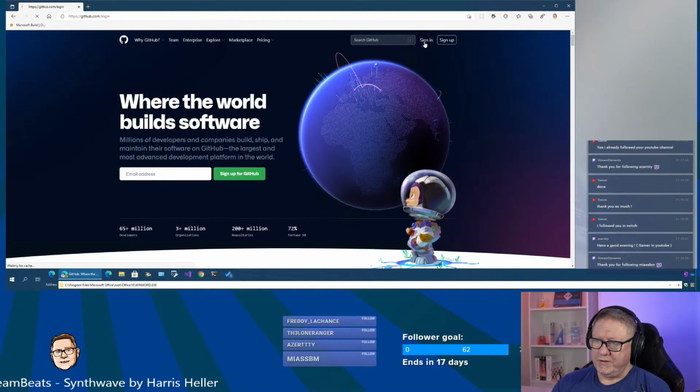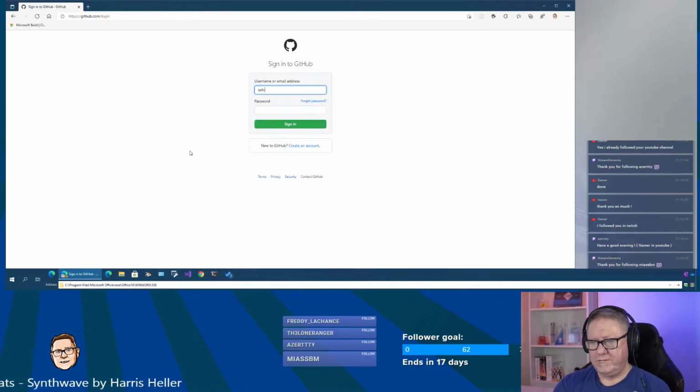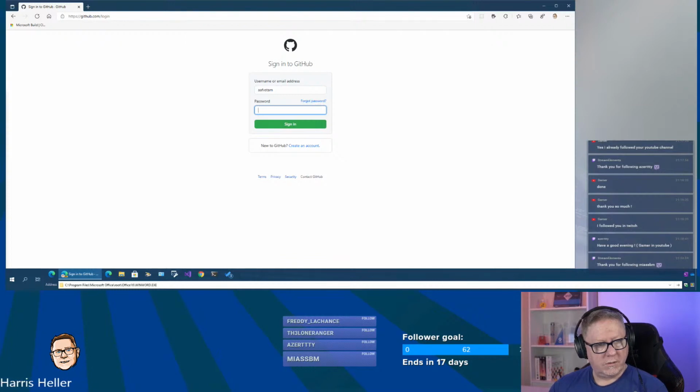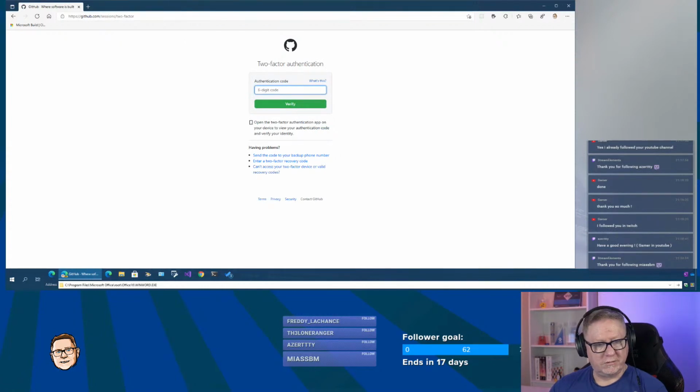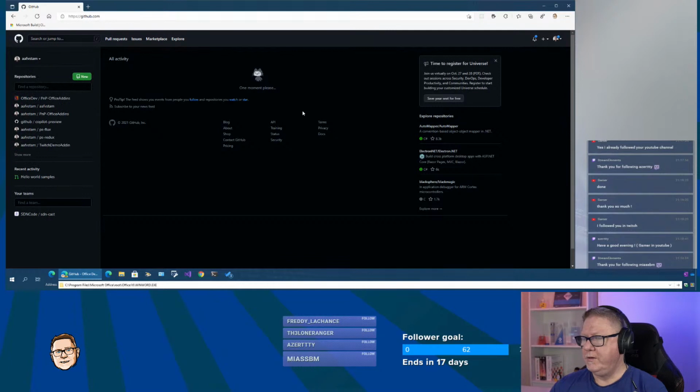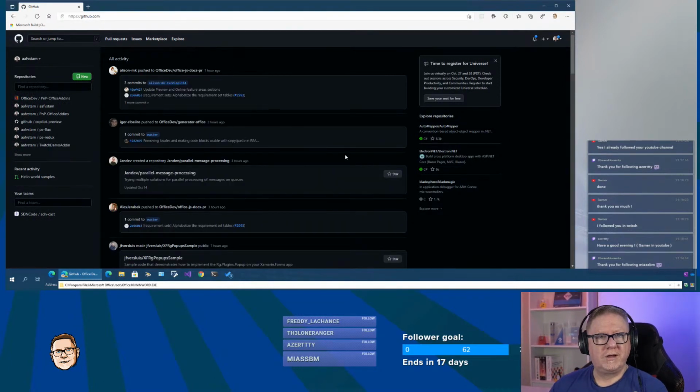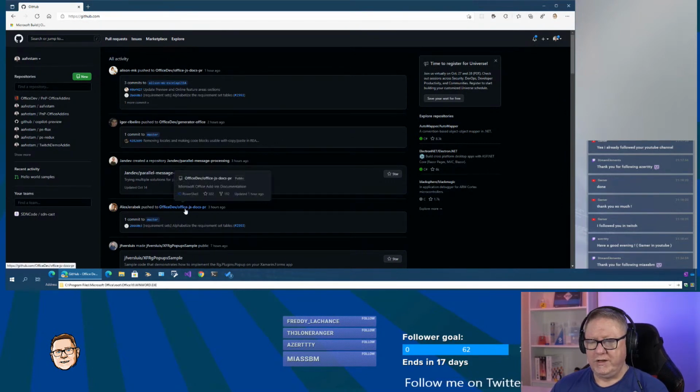Now I need to sign in again because we cleared all the things. Copy my password in. Then we have the multi-factor. Always use multi-factor, because you know that Twitch was also kind of hacked, and everything went outside. I think they were salted passwords, so you're relatively safe with that. But